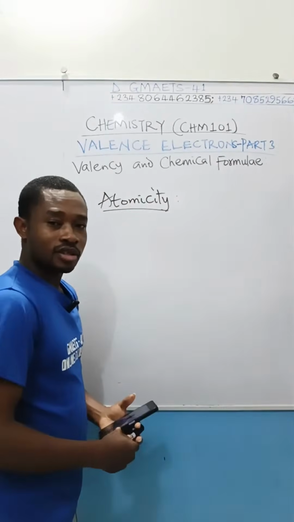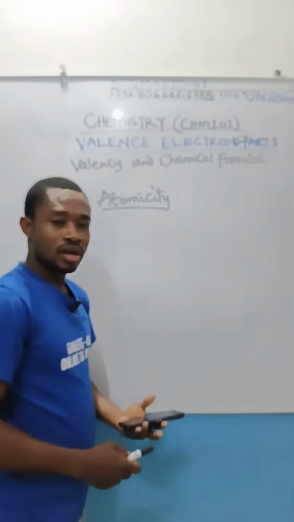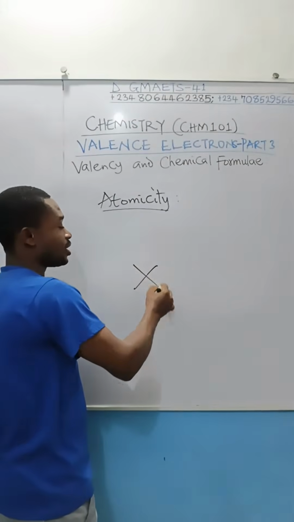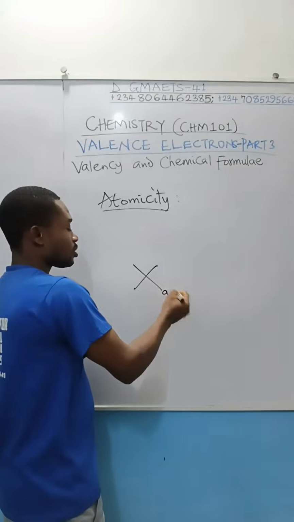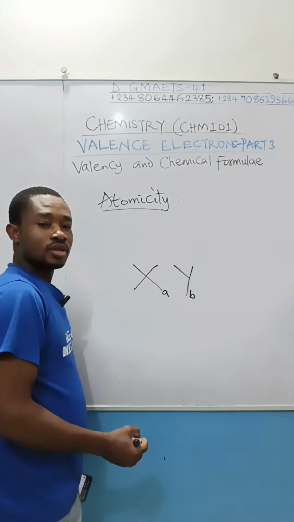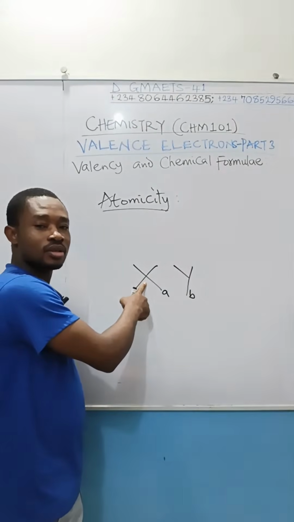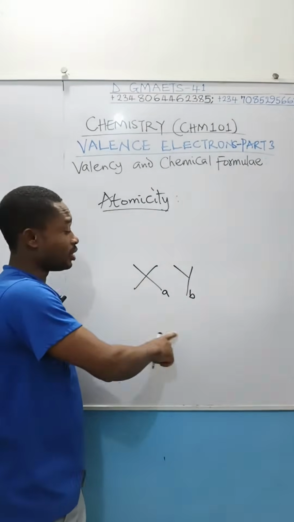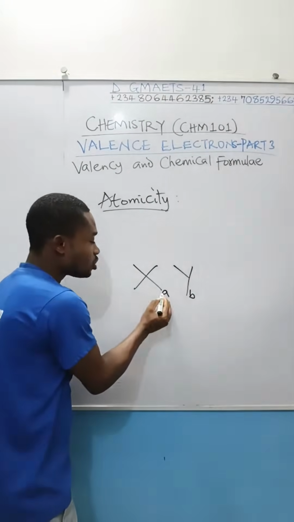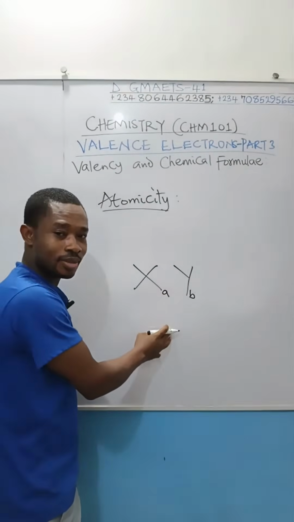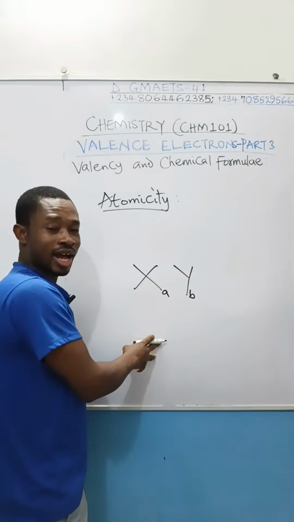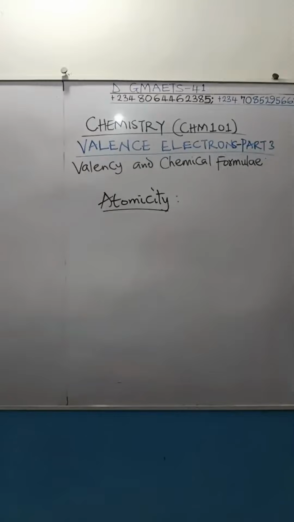On its right. So let us assume that I have a compound. I tell you that the compound is X sub A and Y sub B. So you have this atom of a particular element, and you have this atom of another element. The atomicity is written below, as a subscript, just on the right of that atom of the element. So in this,